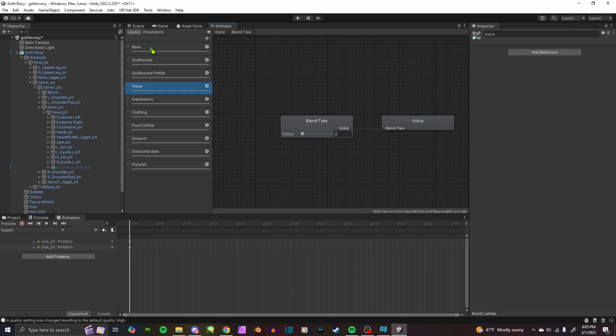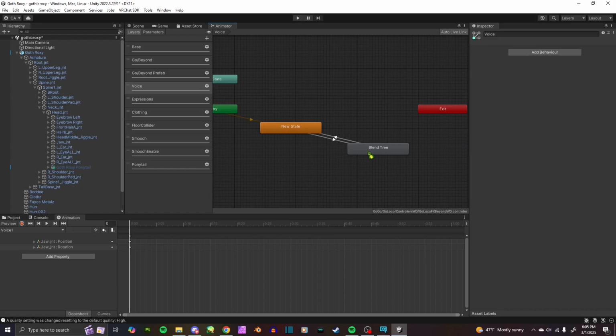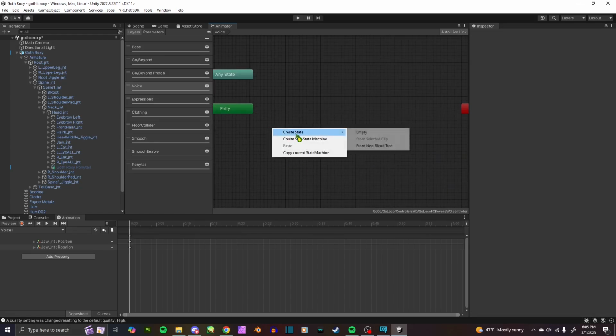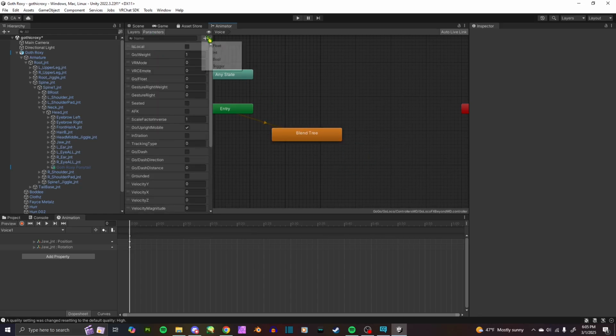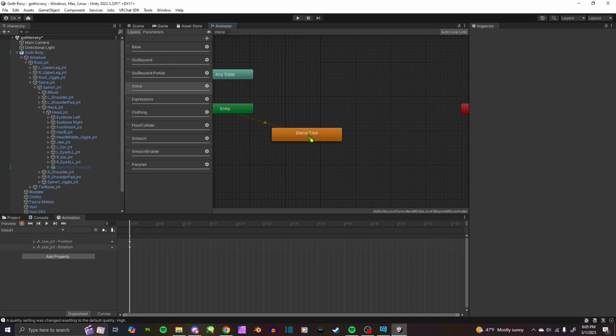I already have a voice set up here. We're going to make a new one because this is not set up properly anymore. So create state from new blend tree. Come over to parameters and you would make a float and call it voice. Now, I already have one, so I'm just going to get rid of that. See up here, it's the float parameter voice. So we're going to click the blend tree